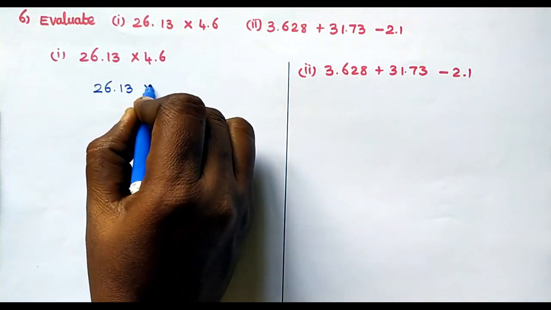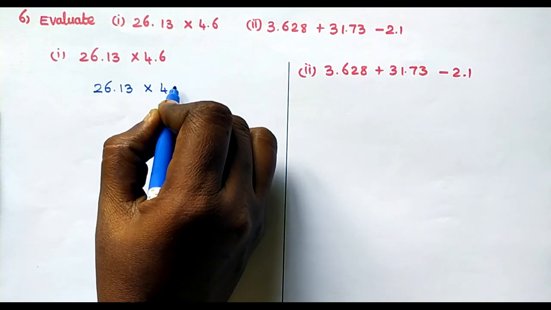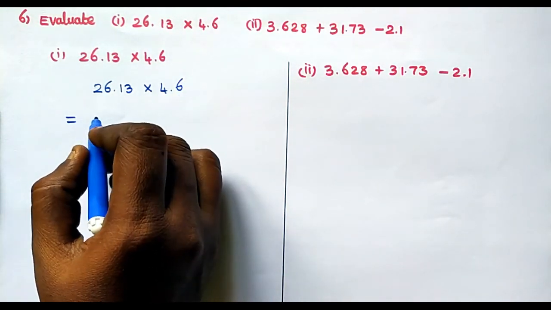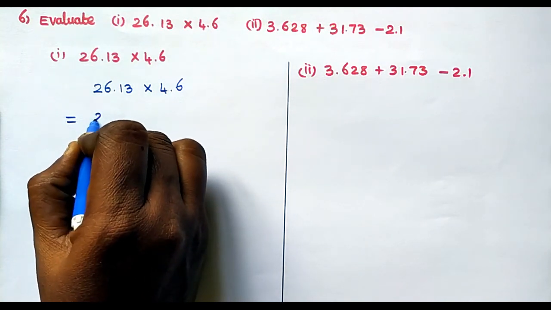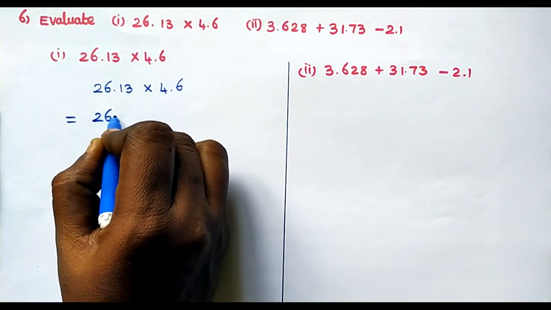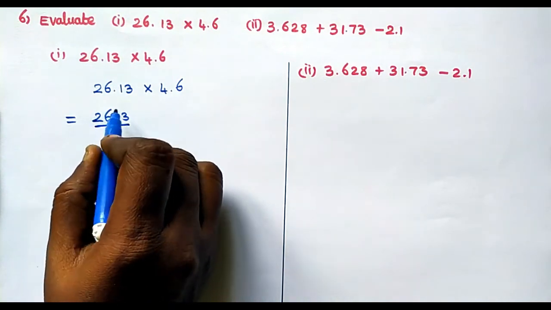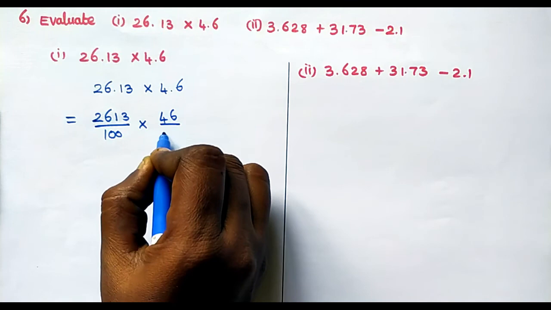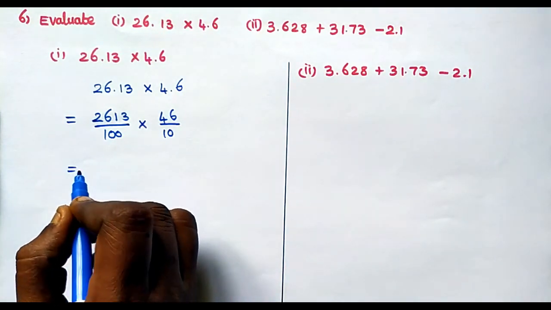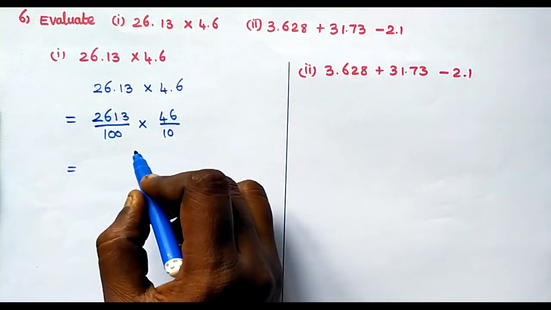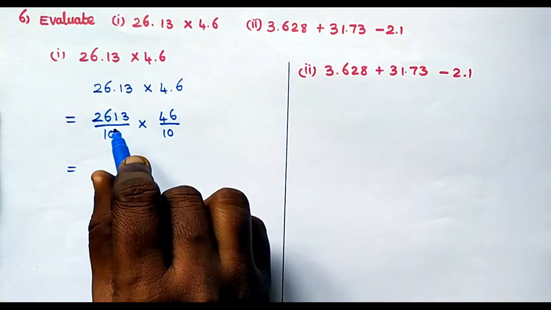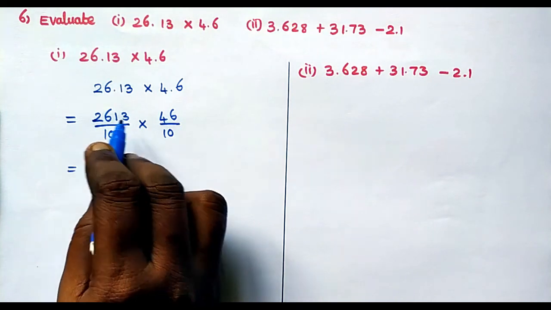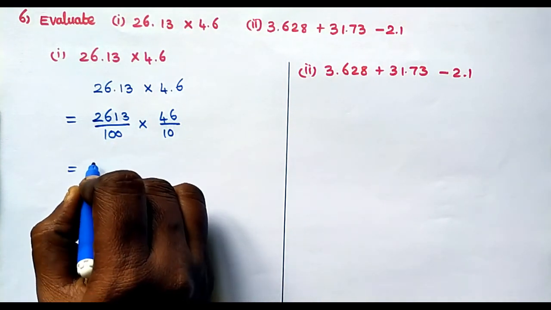26.13 into 4.6, change into fractions. 2613 divided by 100 into 46 divided by 10. No cancellation. Multiply numerator with numerator and denominator with denominator. Multiply these two numbers, and we get